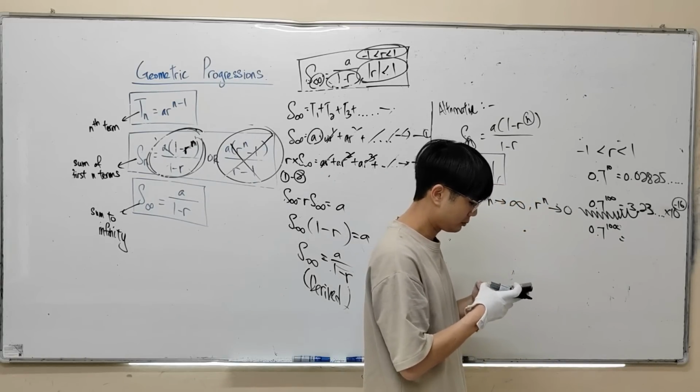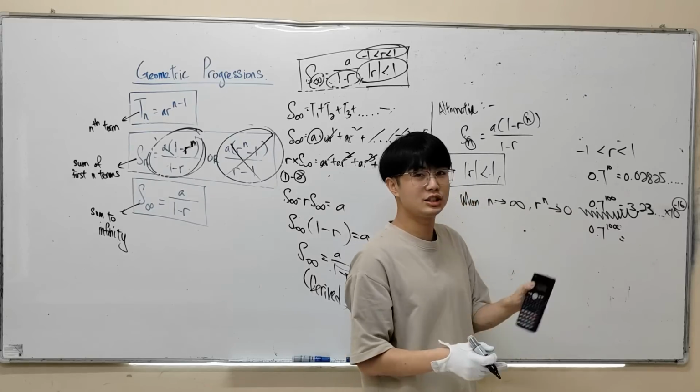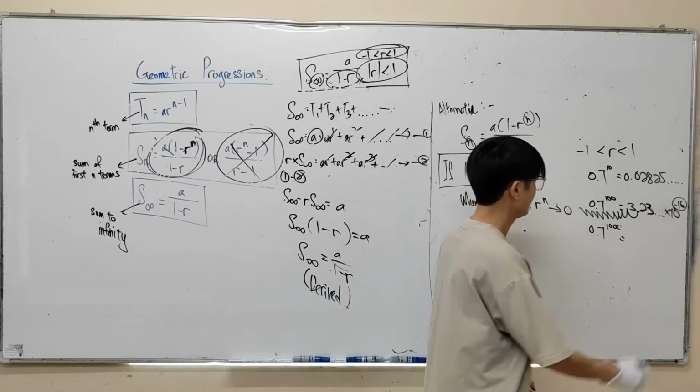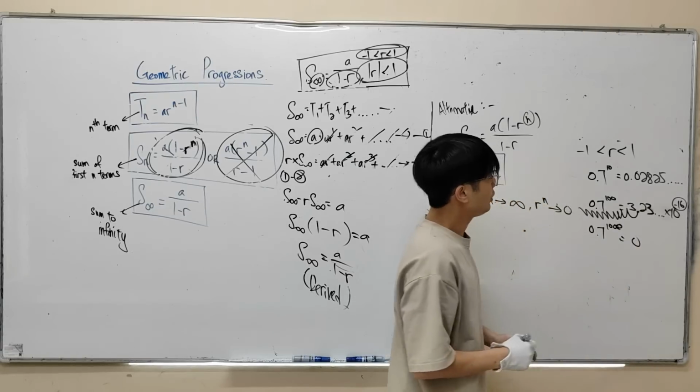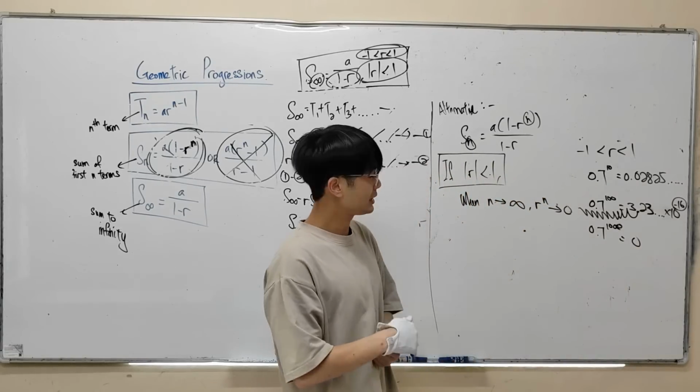Let's press 0.7 power 1000. Okay, my calculator gives me 0. So what I'm trying to prove here, what I'm trying to explain here,